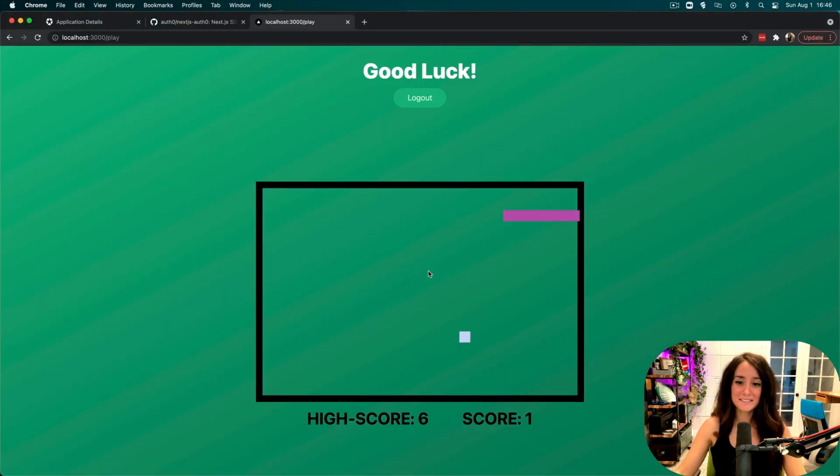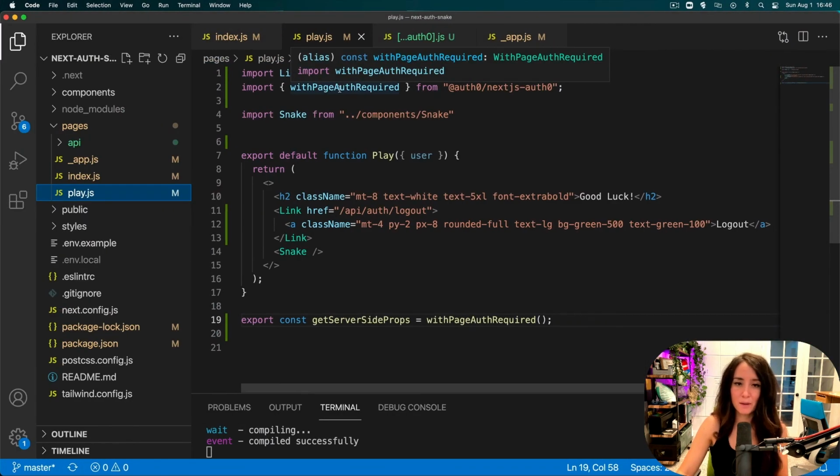So yeah, that is Next.js and Auth0 combined. If you have any Next.js application, remember everything we did here can be taken and put on any Next.js app. Using this Auth0 SDK is super helpful, and using those couple lines of code to make a page protected is